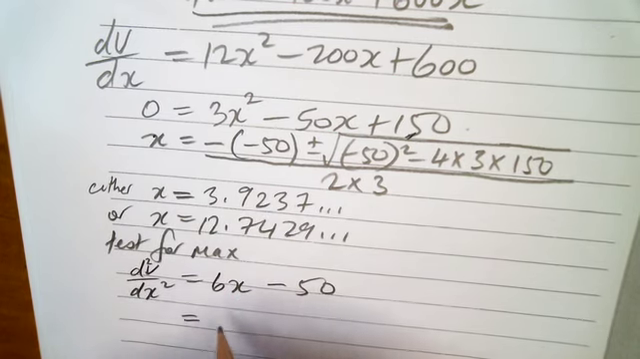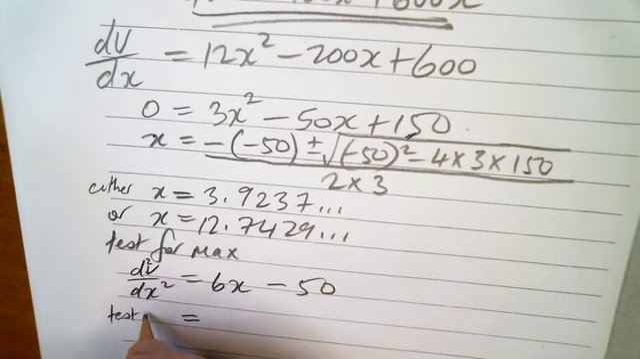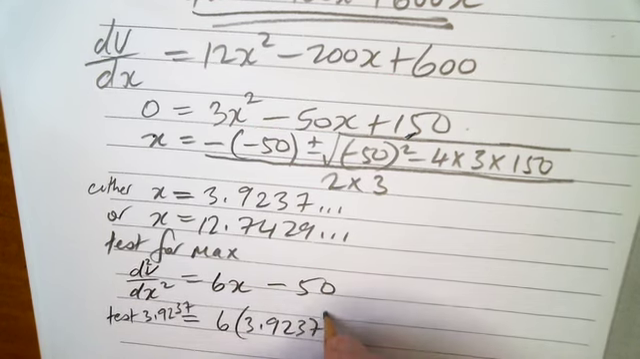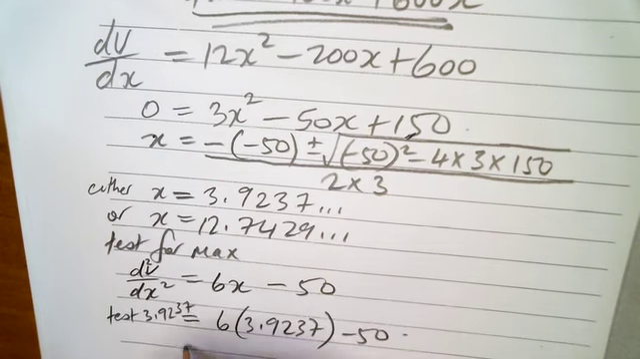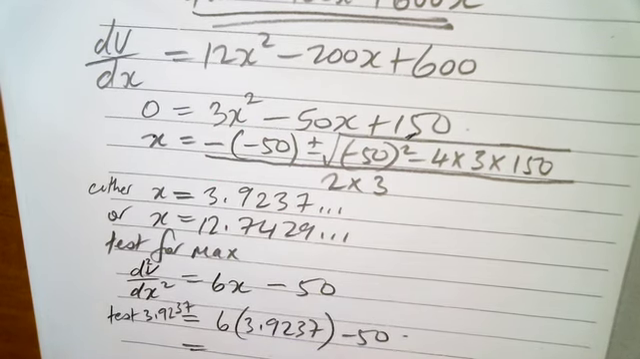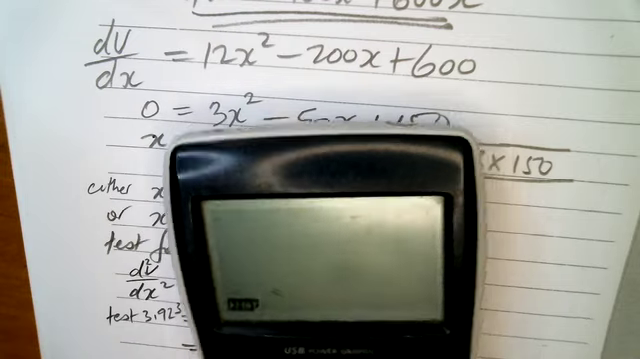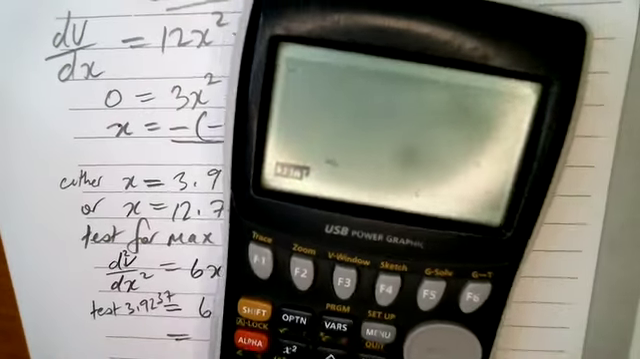Test: 3.9237 is equal to 6 times 3.9237 minus 50. So let's just try that one first. I'll go exit, and I'll just go on the calculator here, exit menu, and 1, here we go. So I got 6 times